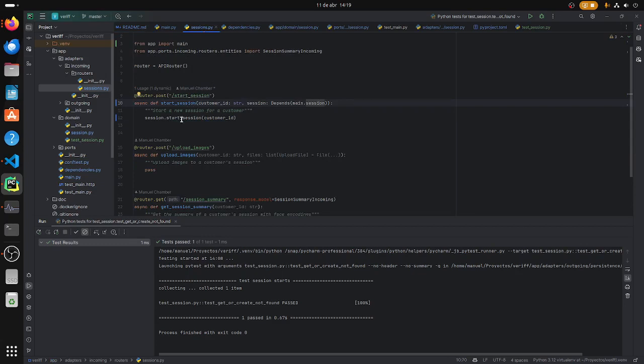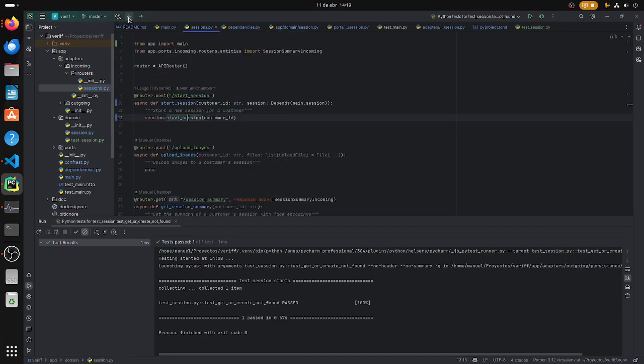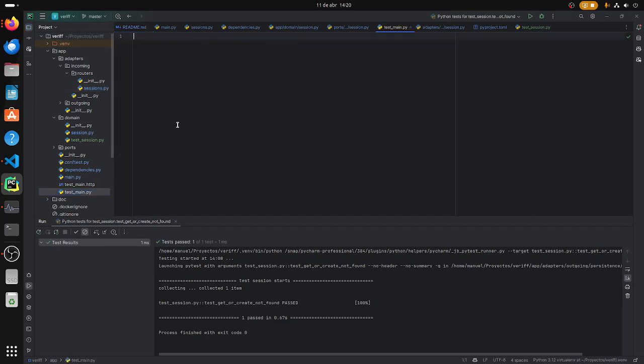So session start a session, and then do something like this. So let's create a test. All right, I'm doing one, but I must not forget to create the integration. I have to do something. So I usually put the integrations in main, but so def test